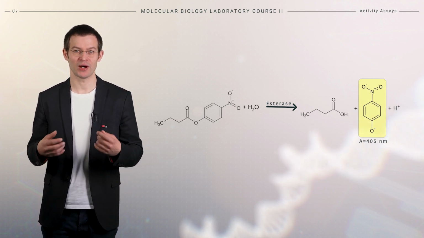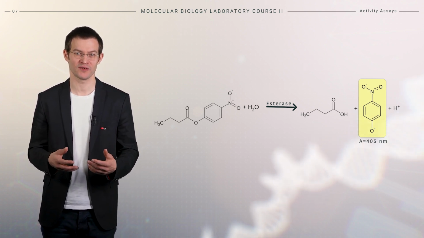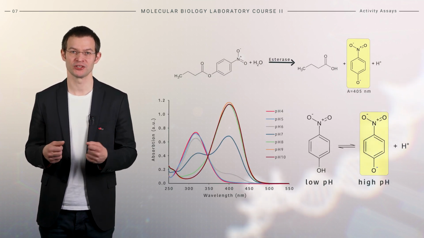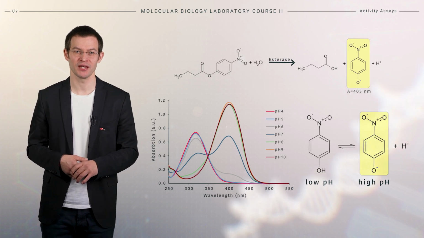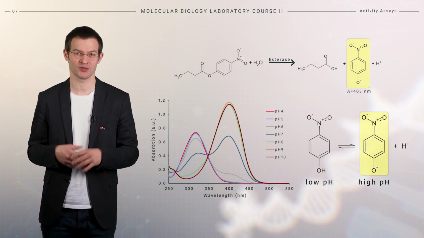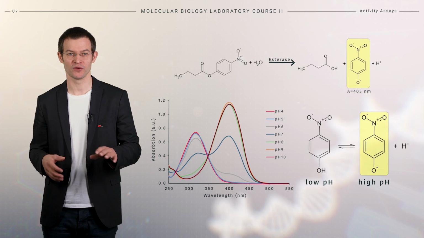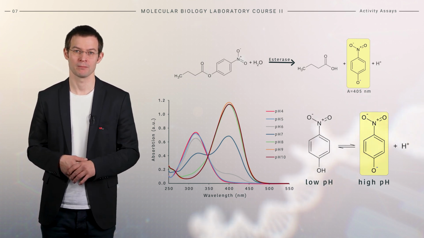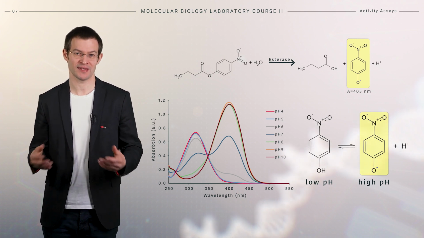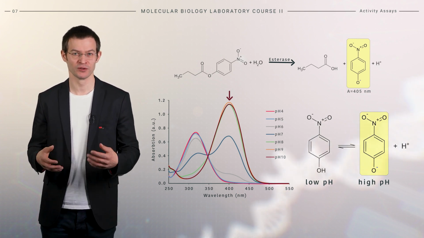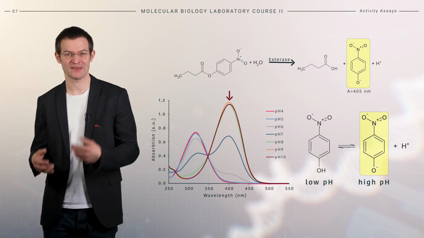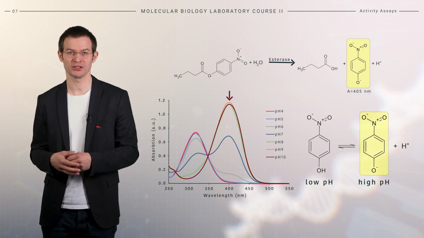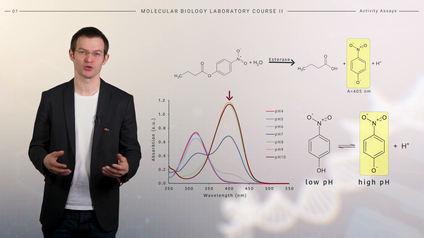However, it is important to understand that the absorbance of chromophores can vary under different conditions, particularly with pH. Shown here is the pH dependence of the paranitrophenol absorbance. Note that for all spectra, the same concentration of paranitrophenol was used. At alkaline pH, such as 10, paranitrophenol is fully deprotonated, resulting in maximal absorbance. When we lower the pH toward acidic pH, paranitrophenol becomes protonated.